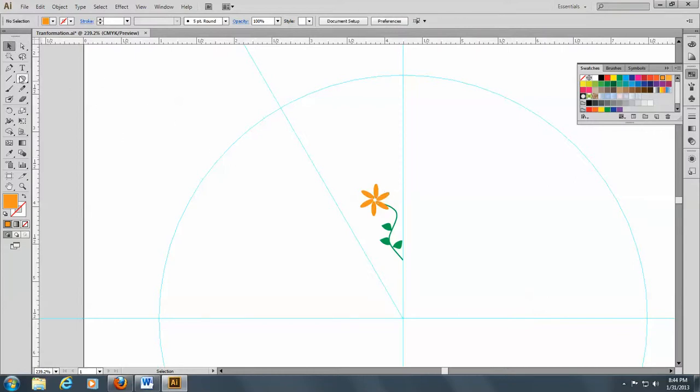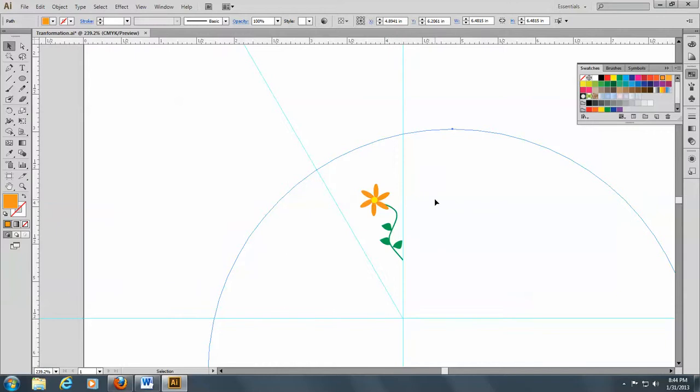And I will make a circle right in the middle of it by holding down my Alt and my Shift key. And I will use yellow on that. Okay, so now I have a flower, and oh dear,